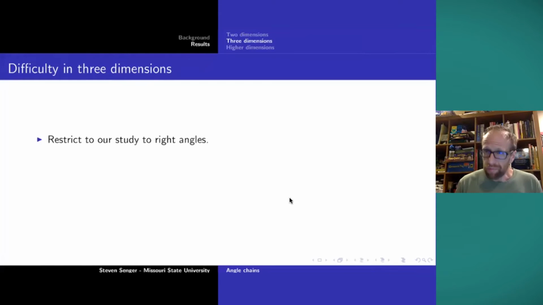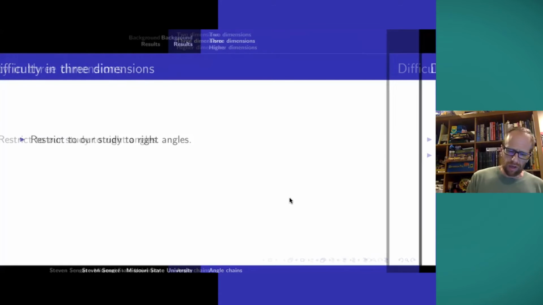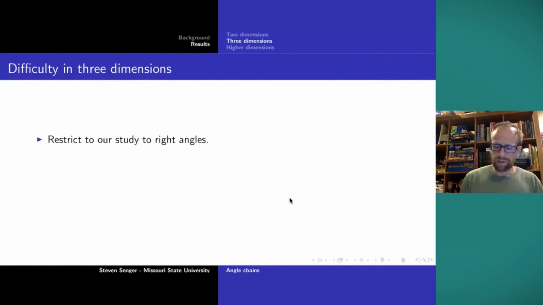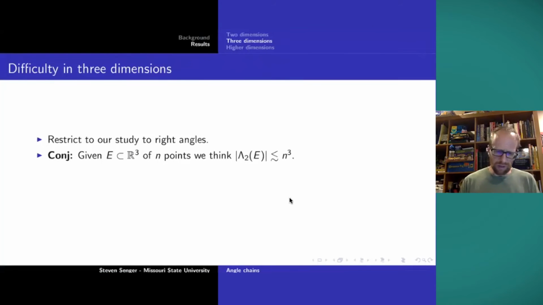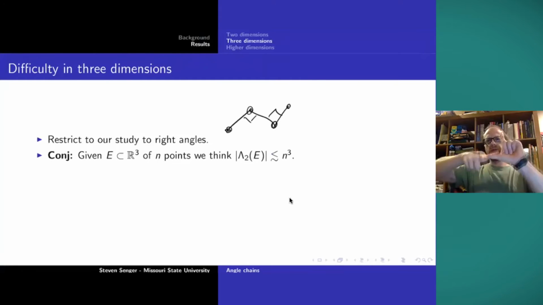In 3 dimensions, immediately it was very, very difficult. So we spent, like I said, about a 2-year-long project before we submitted our paper. About 1.5 years of that 2 years was spent just looking at the case of 2 chains in 3 dimensions. Right angle 2 chains in 3 dimensions specifically. So what is a right angle 2 chain in 3 dimensions? Well, now we're in 3 dimensions, and we're looking for 4 points where this is a right angle and this is a right angle, and that's it. Now the issue is, it can spin around. So there's some additional movement that's possible here.